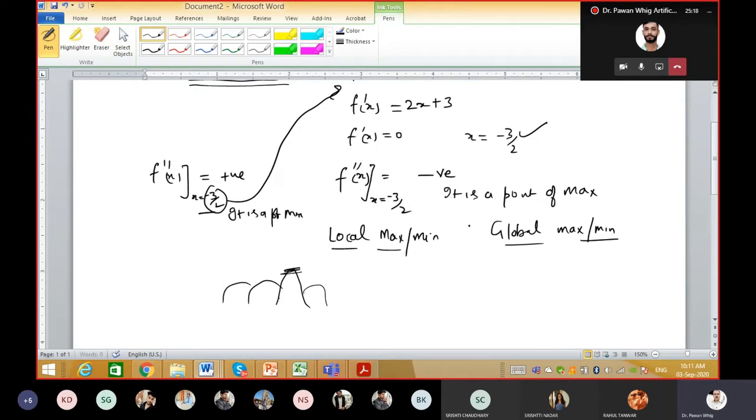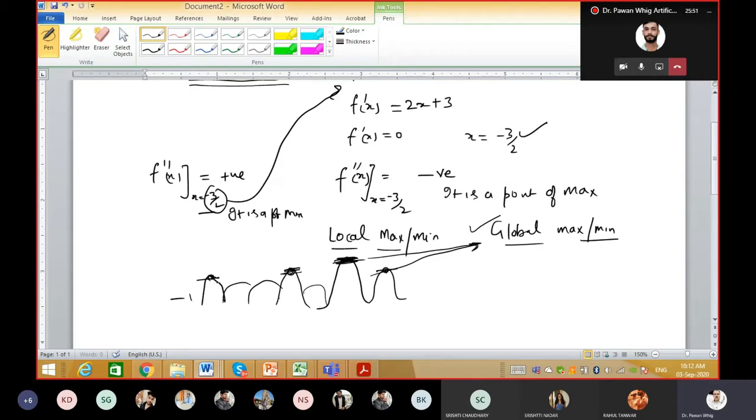But if we are talking about the global maxima, then inside the entire range, it has a maximum value. For the entire range of the function, whatever the maximum value is, that is what we call global maxima, and that is the maximum from all. Let us suppose there are so many maxima, but out of these maxima, only one maxima is the largest value. That is what we call global maxima.